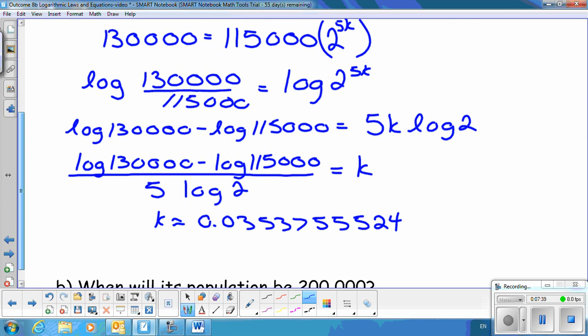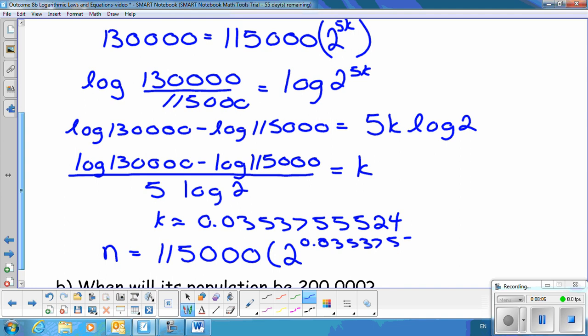The question asks us, what is the population in January 1st, 2000? So now that I have my constant, I can substitute into my population growth equation. I'm looking for my new population. I know that it started at 115,000. 2 to the power of my k value is that 0.03353755524. And